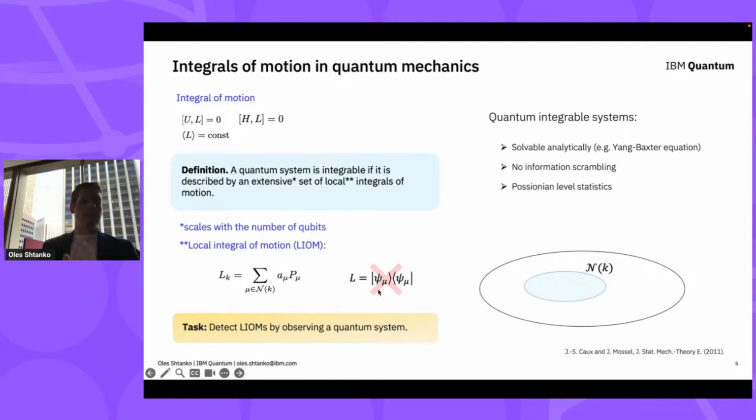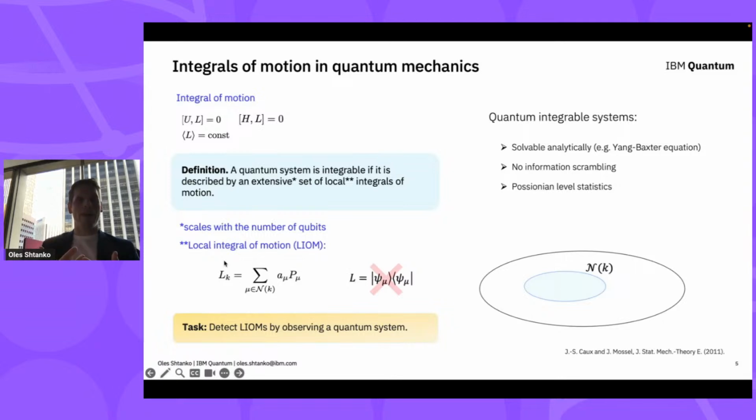So, for example, if we take a quantum state, an eigenstate of your Hamiltonian, you can always combine such an operator as you see here, and this operator will commute with your Hamiltonian or with your unitary. This will not depend on any property of the system, just a basic rule of quantum mechanics. And we should prohibit this. We should make sure that we don't have the ability to do this.